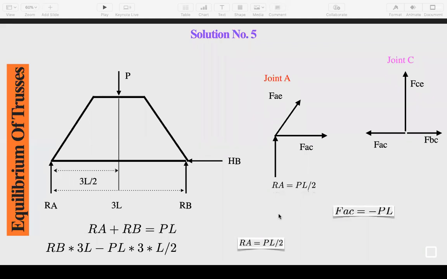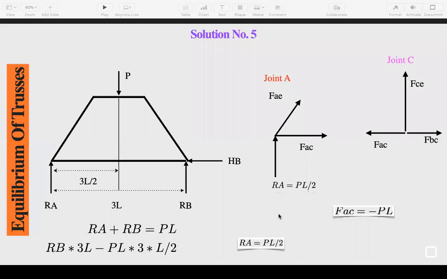Two members are equal and opposite or they are collinear to each other and another one member is completely perpendicular to these two members. In such a case, the third member which is a perpendicular is definitely a 0/4 member. You might know this. आपण 0/4 मेंबर कुणाला म्हणू शकतो जर का दोन मेंबर कोलिनियर असतील आणि ह्या दोन मेंबरला जर थर्ड मेंबर हा परपेंडिक्युलर असेल तर तो मेंबर हा 0/4 मेंबर असतो. तो लोड कॅरी करत नाही म्हणून त्याला आपण 0/4 मेंबर असं म्हणतो.